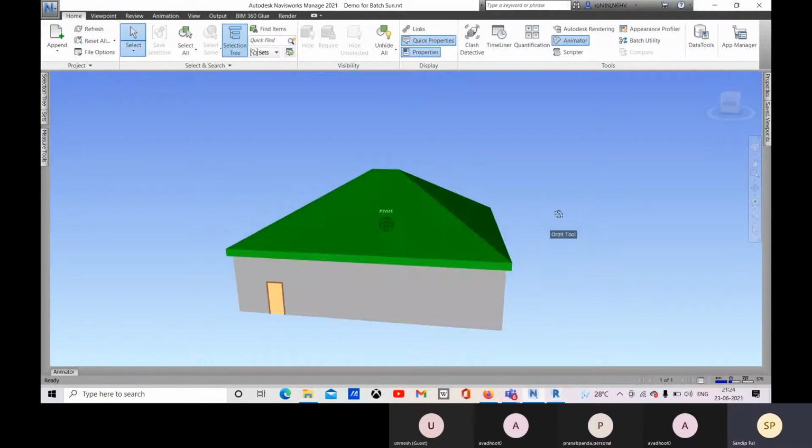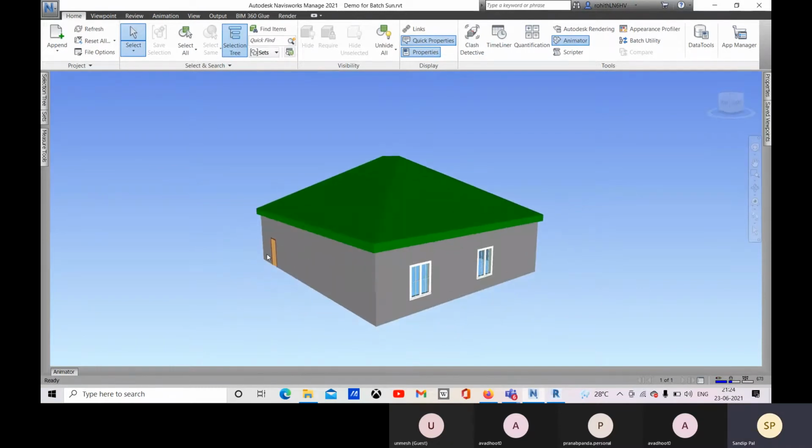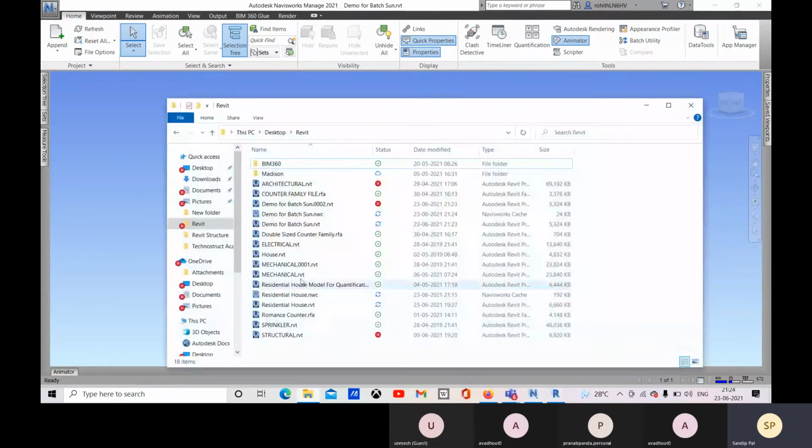Okay, so here this one is the latest file which you have loaded, and the recent NWC file is updated. You can see this is the current time, right?